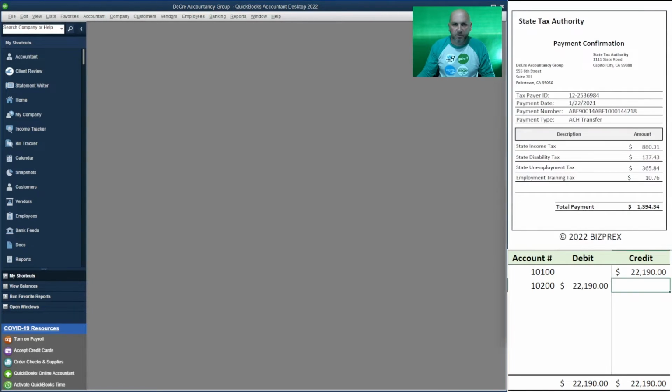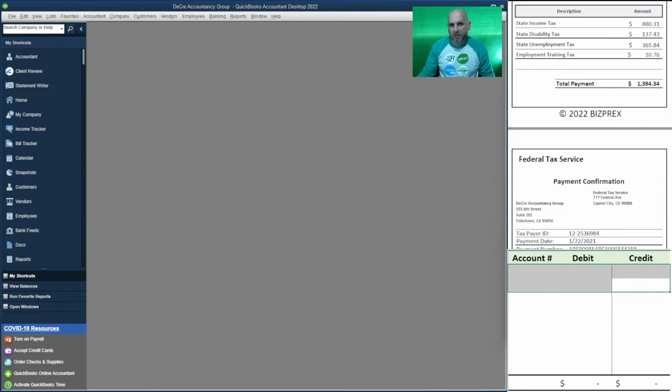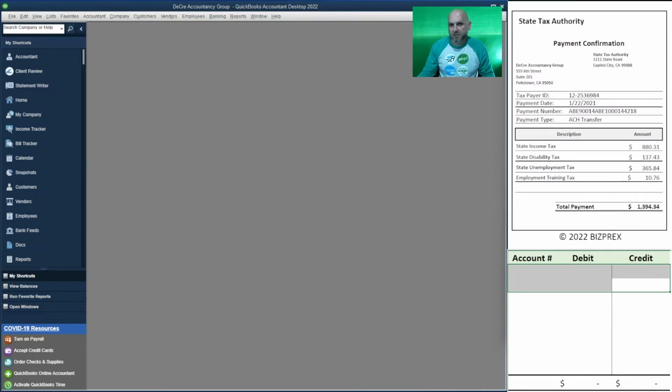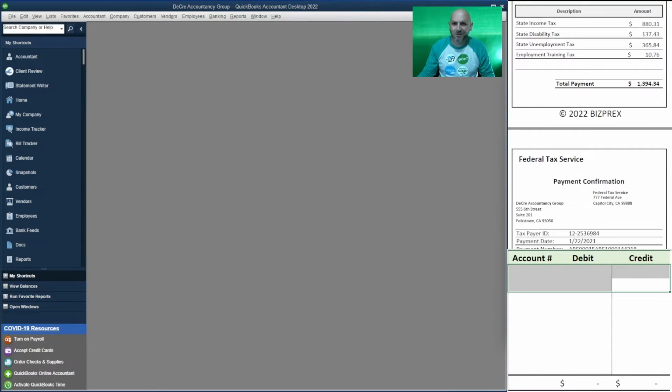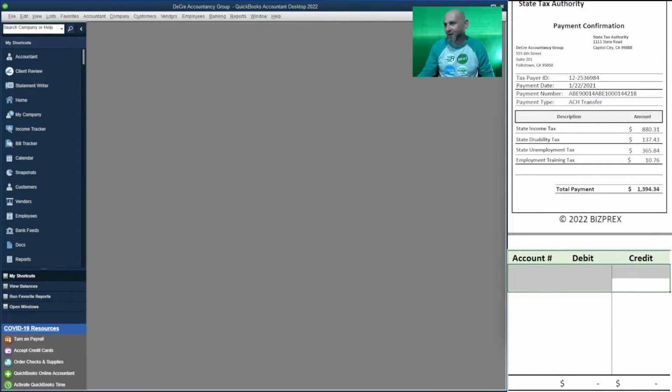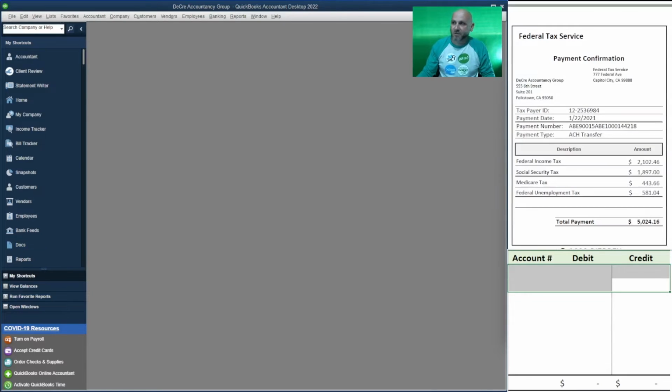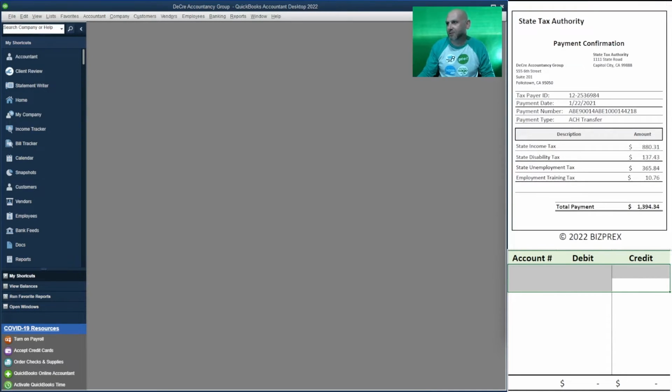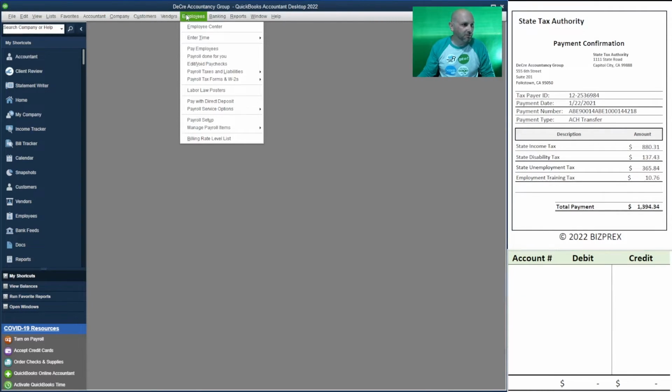All right. And now we will pay state taxes and federal taxes. And in this case, we call our tax authorities State Tax Authority and Federal Tax Service. We know the real name, right? In California, this would be your Franchise Tax Board or EDD, Employment Development Department, and here this would be IRS. But again, this is our simulation, so we can use other names. So anyway, employee, right? Again,